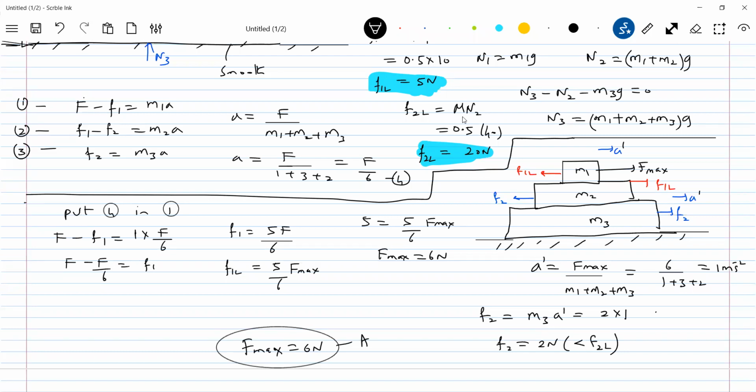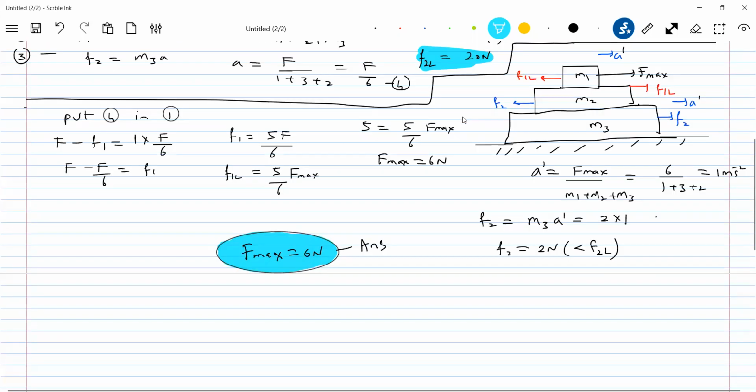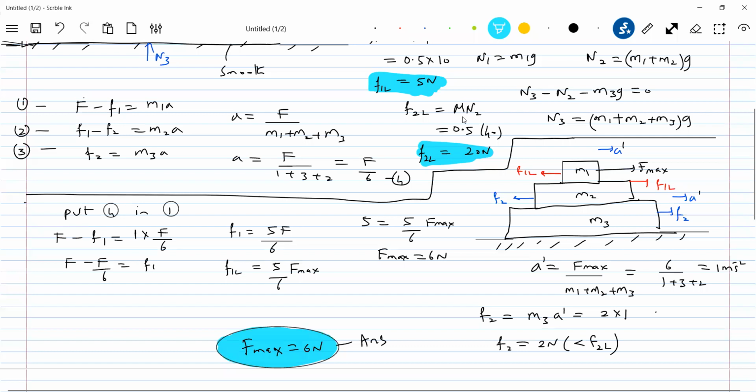Okay, now the problem begins like this. Sir, you assumed first that no slipping occurs at 2 and 3, and slipping is about to happen at 1, then you calculated F max. What happens if a student assumes that no slipping at 1 and 2, and slipping occurs at 2 and 3? The student may go like that also, no? Then you will get one answer. Then which answer will be correct? Okay, let's see that one. So what I'm going to do is assume now, I'll put equation 4 in 3.